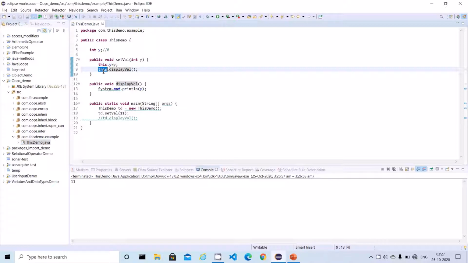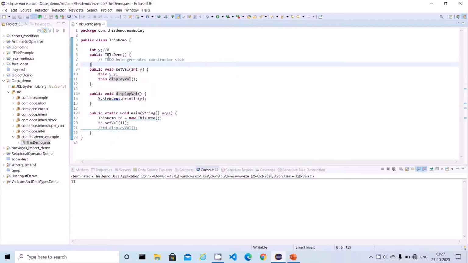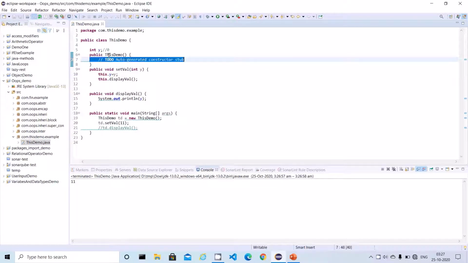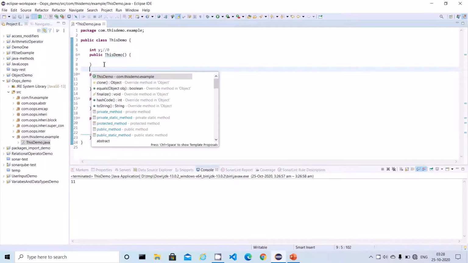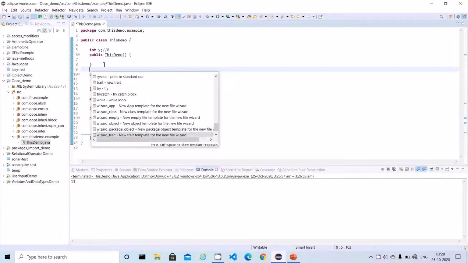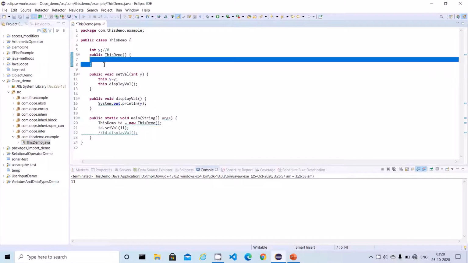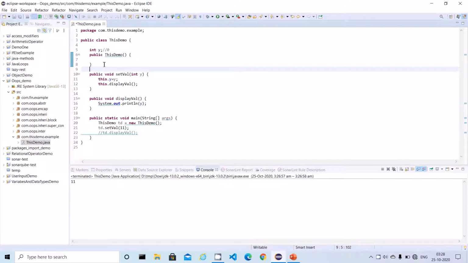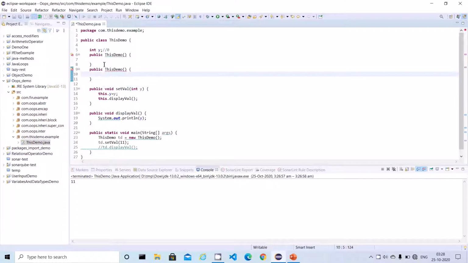Okay, now another use case is, right? Say for instance, we have a constructor over here. This is the default constructor, and I am going to write another constructor as well. This is an argument constructor, integer x.